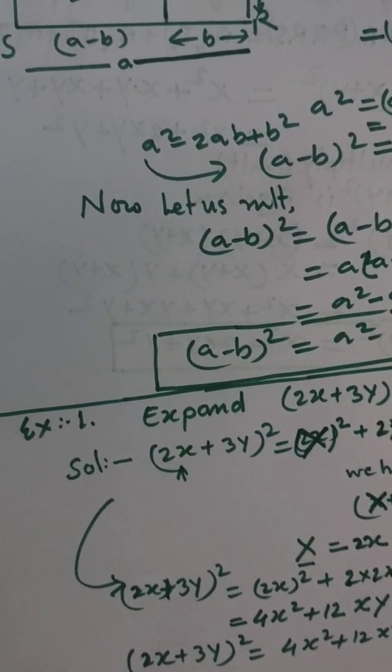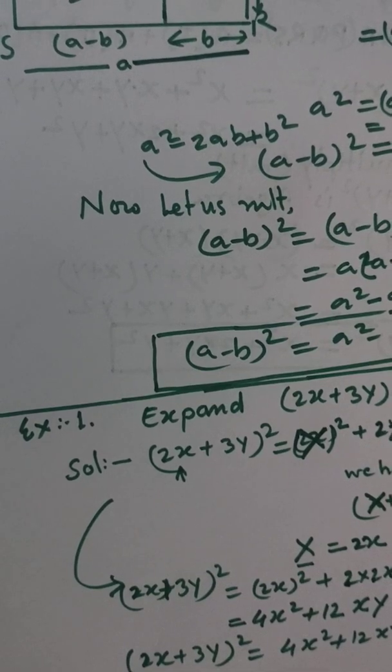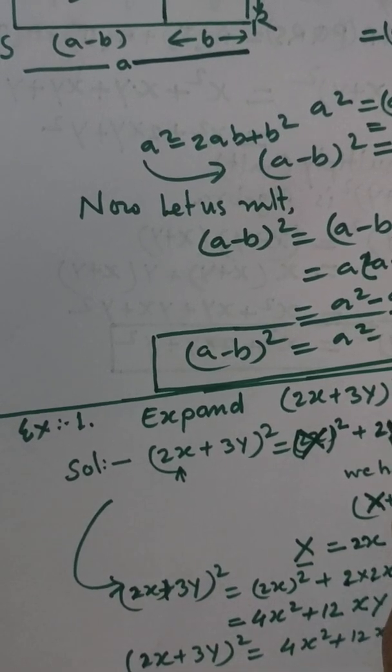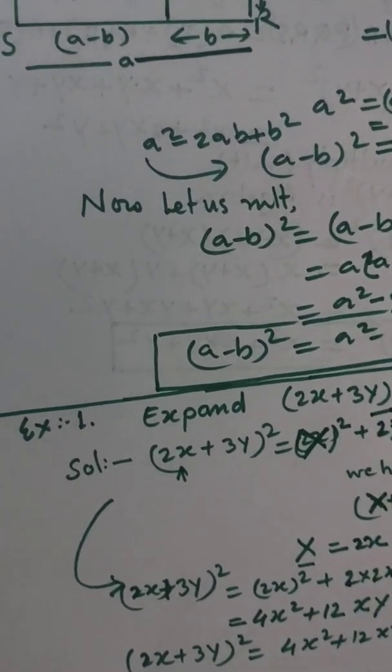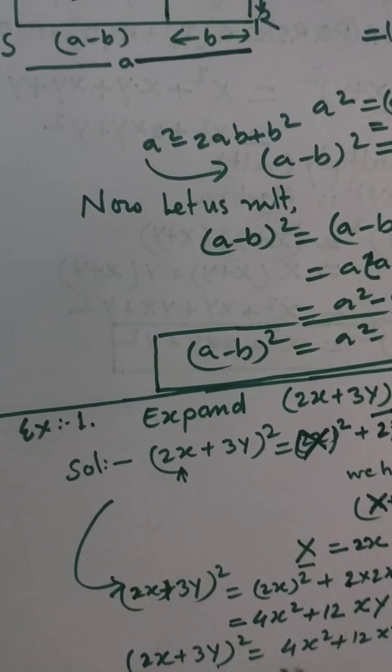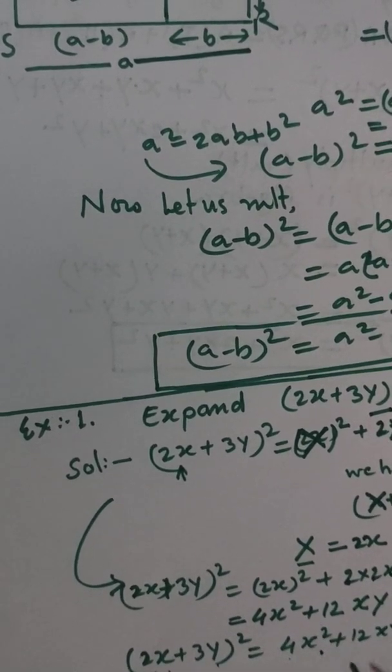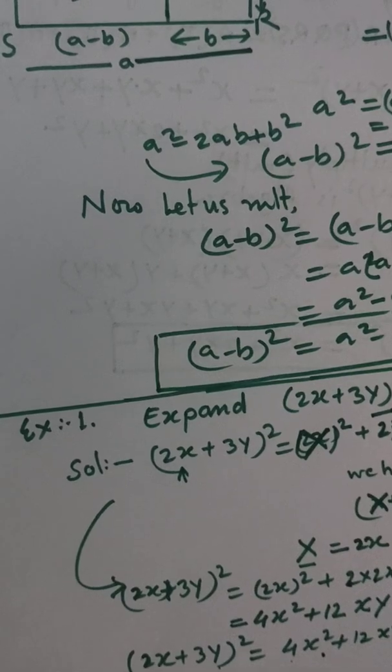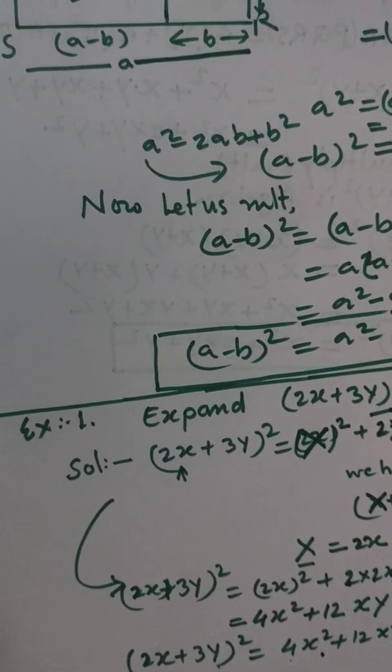If you expand (2x + 3y) whole square, then what you find? (2x + 3y) whole square is equal to 4x square plus 12xy plus 9y square. Similarly, you can solve any other question, just like if you expand any number,